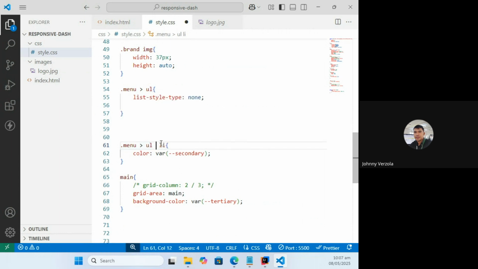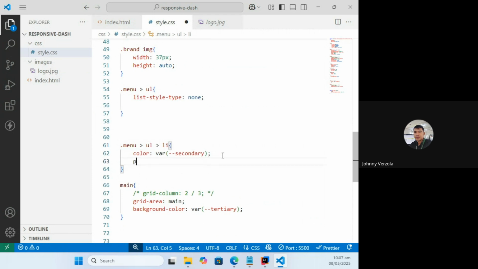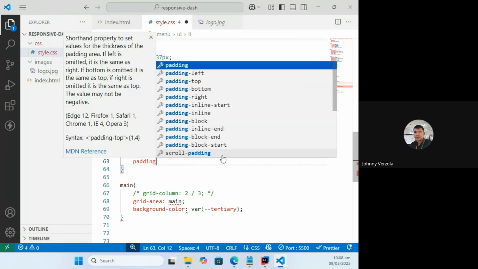I can even do like this one. I have changed the color to this one. This time I'm going to make the padding. The padding basically is not a variable, so we do not have to place the size of the padding in a variable. We only place property values into variables like colors.